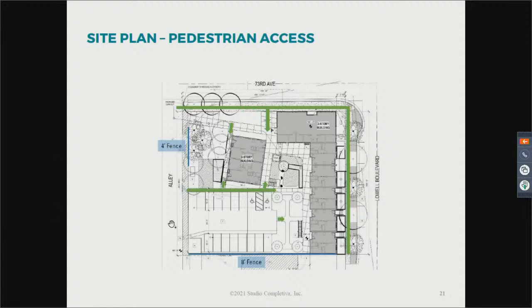Got it. Well, let me give you food for thought. You're a traffic engineer. I'm not. But let me tell you what happens. People in a hurry, because everybody's in a hurry all the time, coming southbound down Lowell, they make a right on 73rd, go down 73rd, come blasting through the alley from south to north, even though this is supposedly a north flowing alley.